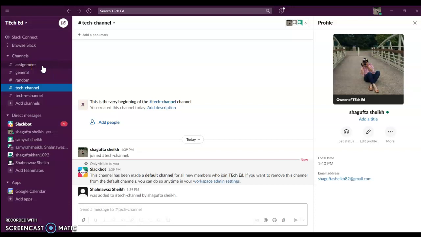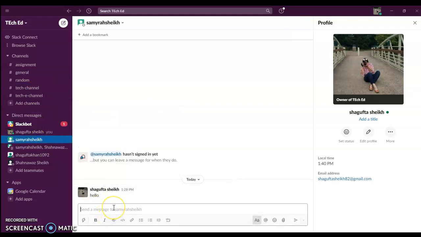make it very organized. Now imagine that this feature is so useful for companies since there are so many different departments like accounting, supply chain, etc. They can all have their own channels. Secondly, the members can also have direct communication with each other. This is how you do it, right by clicking on their name and sending them a message.